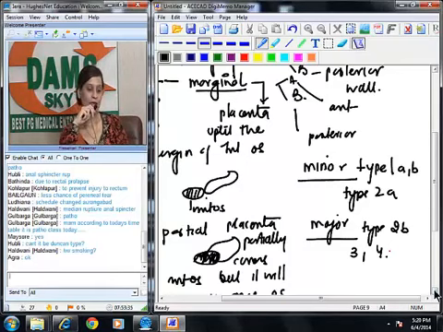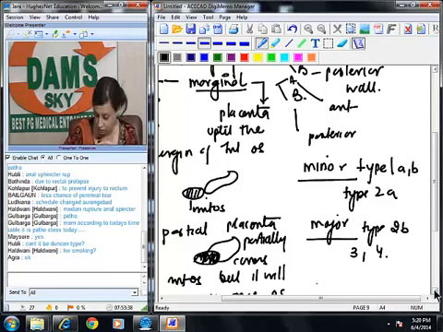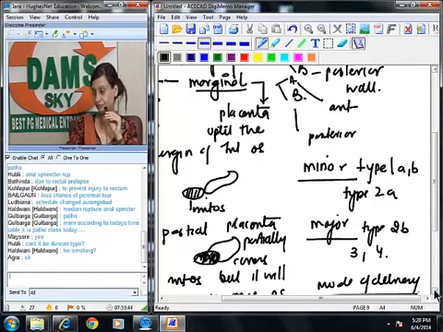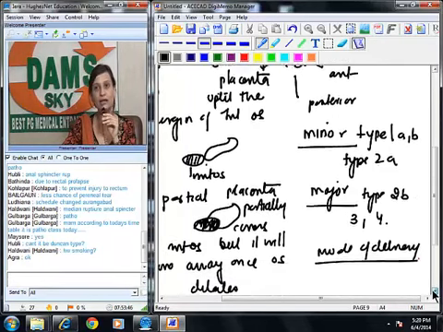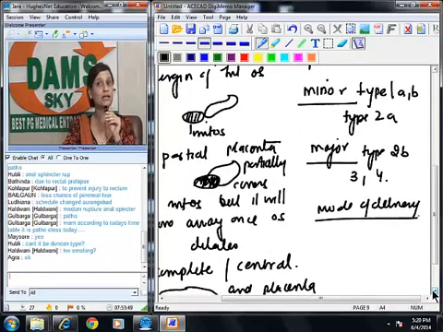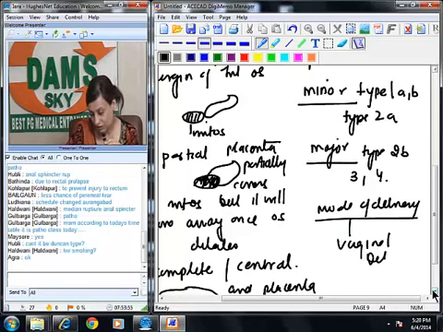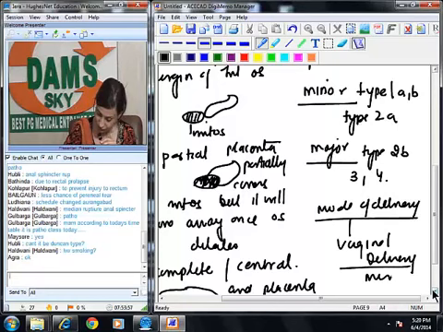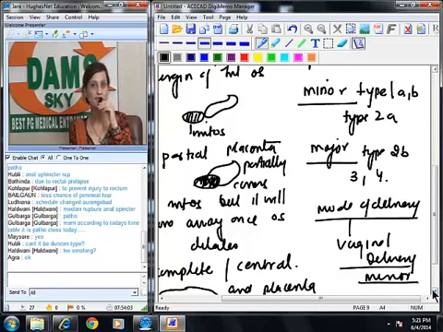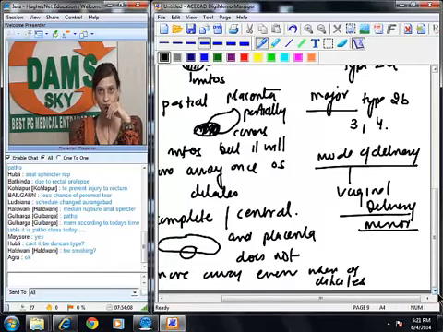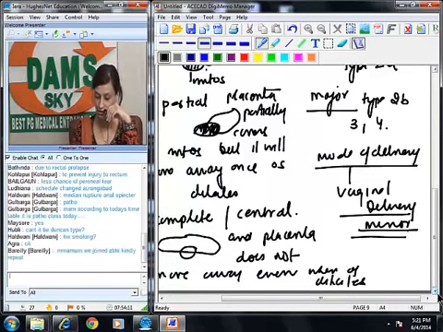Now the reason we divide them into major and minor is the mode of delivery, right? Now we say that the minor degrees of placenta previa can be delivered by vaginal delivery. So for minor degrees of placenta previa, the mode of delivery is going to be vaginal, right? Whereas for major degree of placenta previa,